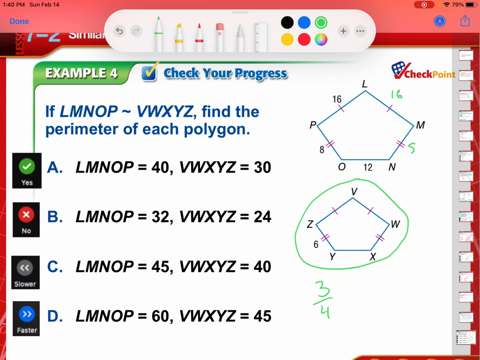Since we know this side's 16 and this one's 8, we can just add all those up super fast. Our perimeter of that big one is going to be 60, and we know a few things. One, D is the only answer with a perimeter of 60 in it, and two, 3/4 of 60 is 45, so D is really just our best answer all around. If you have any questions,